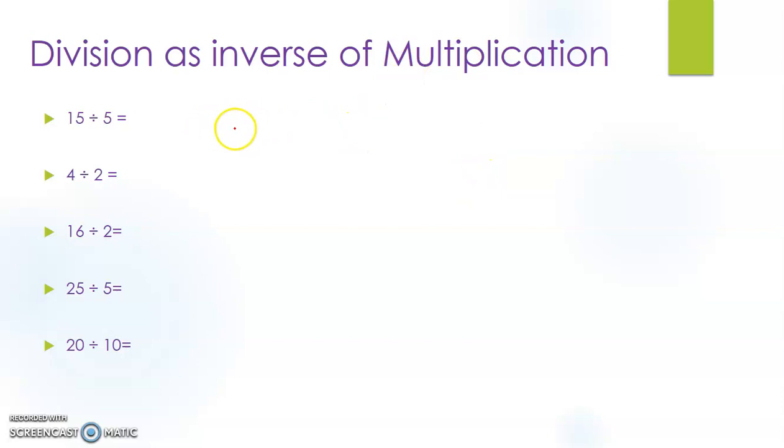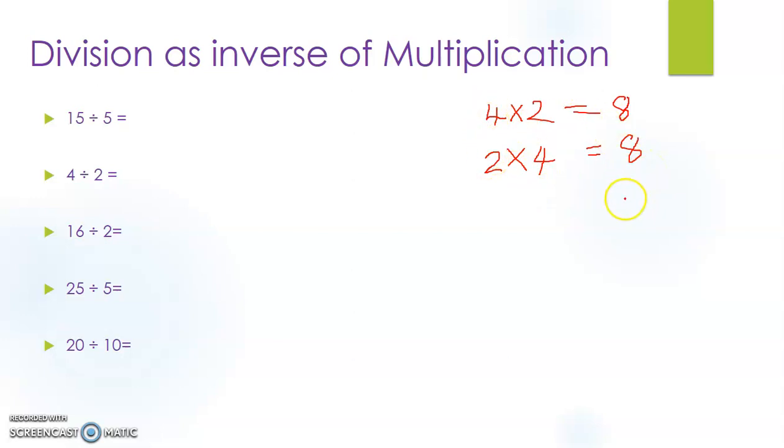Now along with this, I would like to talk about a set of multiplication statements and division statements. 4 into 2 is equal to 8. Similarly, we know if 4 into 2 is equal to 8, then 2 into 4 is also 8. 4 2s and 2 4s will give you the same answer. So we can say that 2 into 4 is equal to 8.